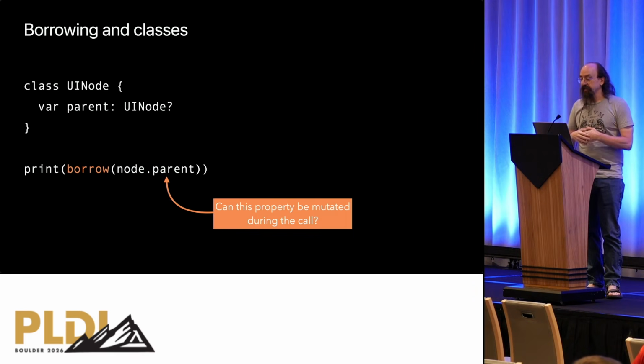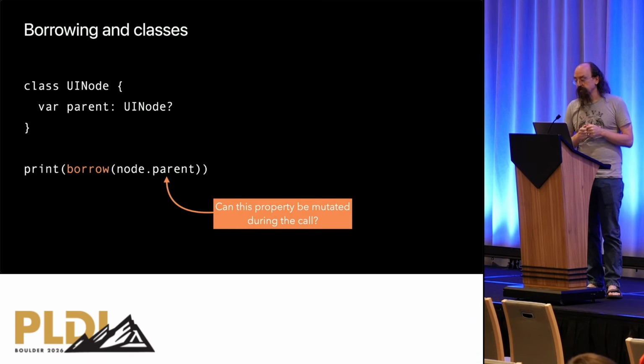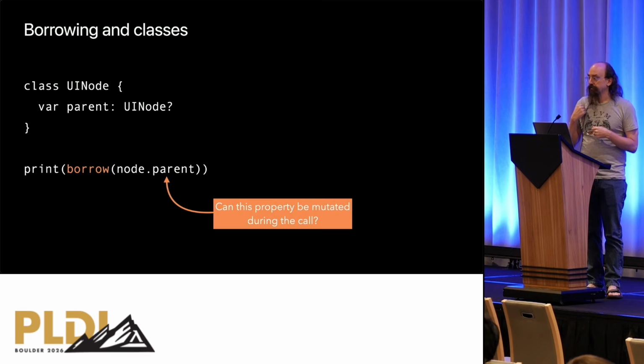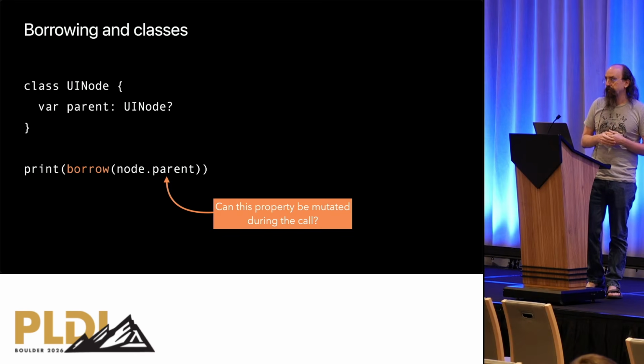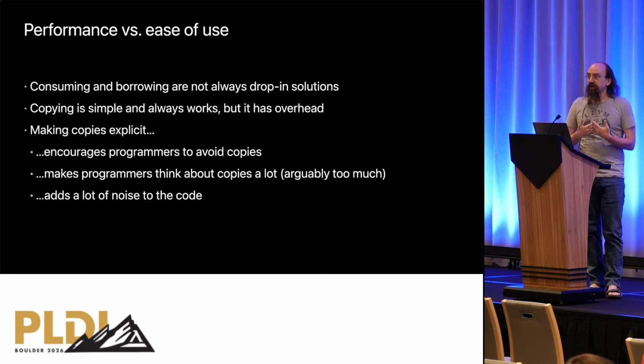Suppose that we have something like a standard hierarchy of UI objects, which typically have parent pointers. And suppose that we try to borrow a node's current parent for some temporary purpose. How confident can we be that nothing during that borrow will try to change this property? As a result, borrows are also not really a simple thing that you can just do by default, because it's semantically affecting. So what should we do in the language by default?